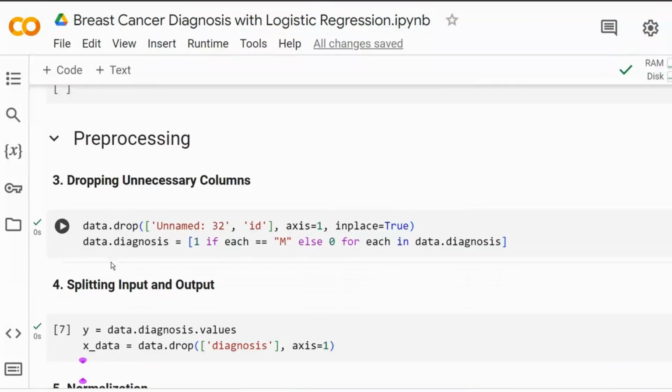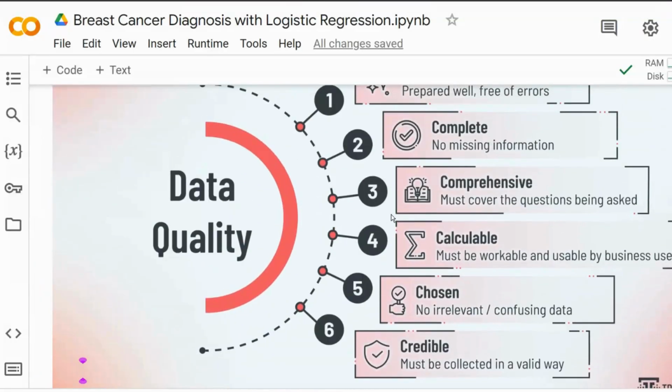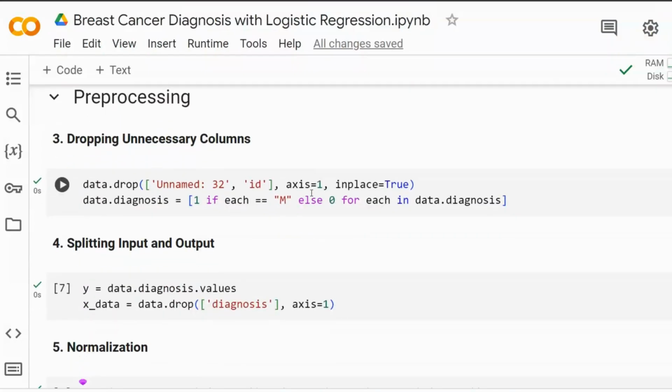Our source material even highlights how they had to drop a couple of columns from their data set. An ID column and another unnamed one because they weren't relevant to the diagnosis. That makes sense. You wouldn't want something like a patient's ID number influencing whether or not they have cancer. Exactly. And there's also a diagnosis column that originally used M for malignant and B for benign,